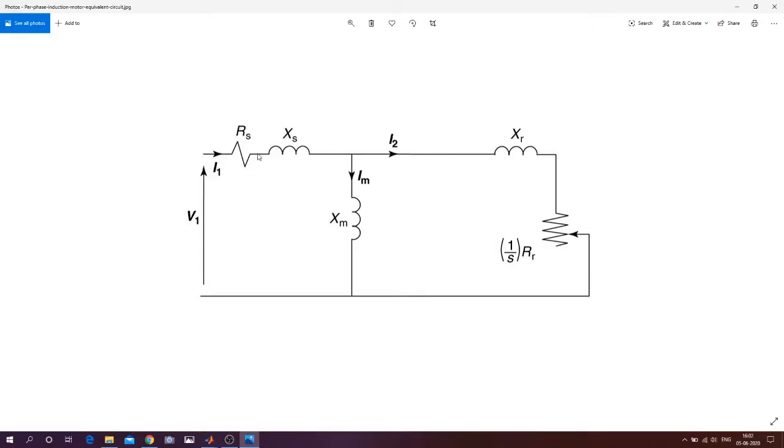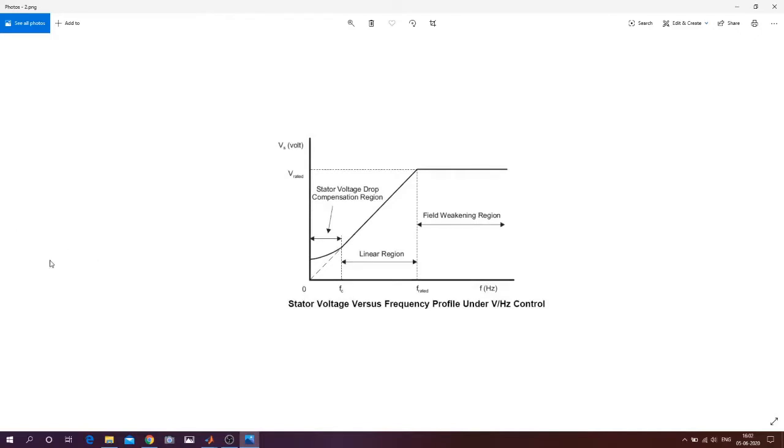Okay, so if there is any voltage drop over here, no voltage or no current will go in this part. That means the motor will not produce any torque, no torque producing current will be there. So you see, at frequency 0 also we are having some voltage value, though the V by F should start from 0, but it is starting at a higher height.